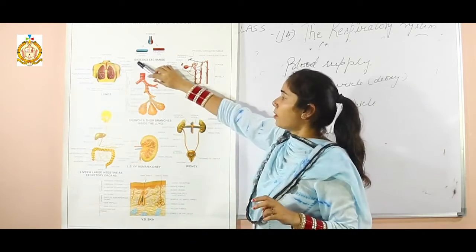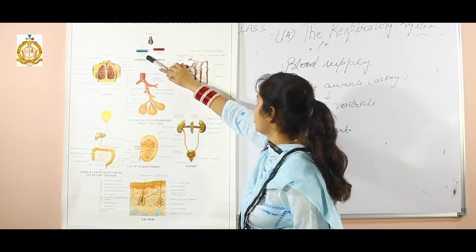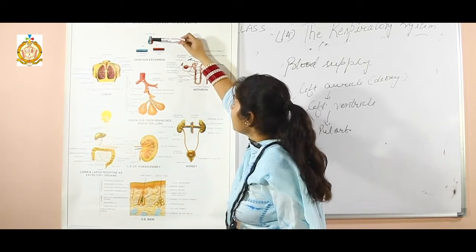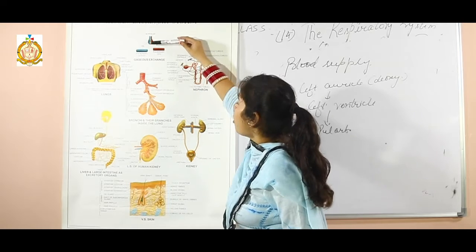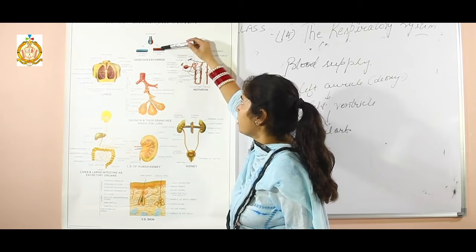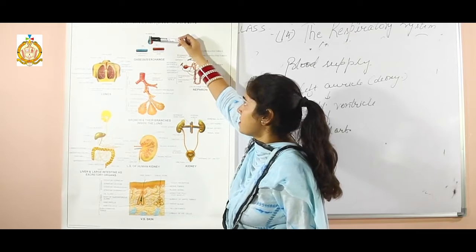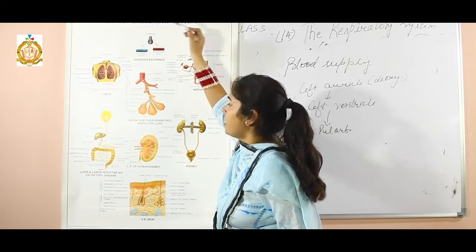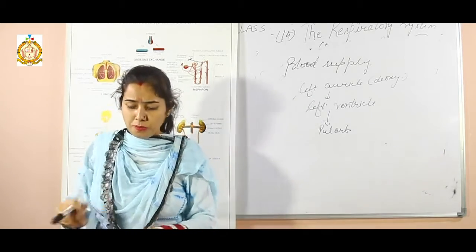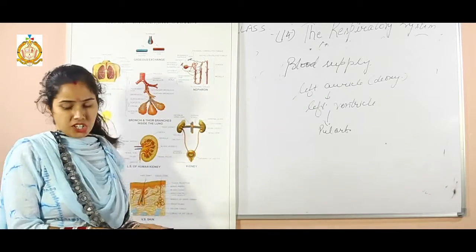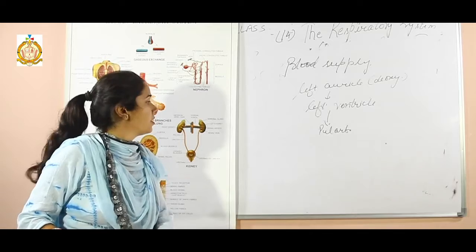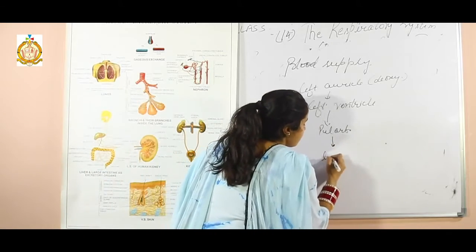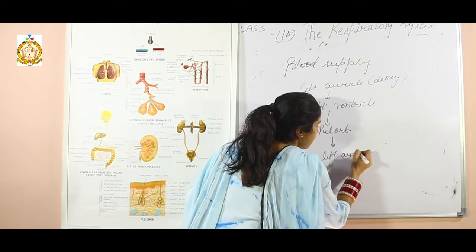After that, from the pulmonary artery, that deoxygenated blood comes into the alveoli, and here the alveoli transfer the oxygenated blood to the pulmonary vein, and here the exchange of gases takes place. Oxygen is mixed with blood and carbon dioxide comes out. So two main pulmonary veins from each lung pour the oxygenated blood into the left auricle of the heart. After that, left auricle,